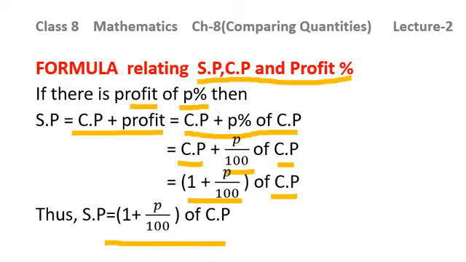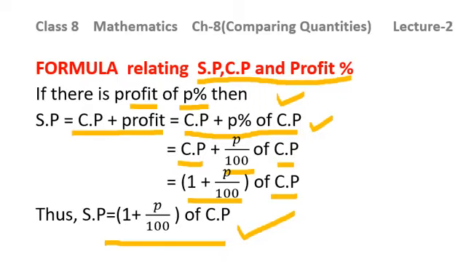Simple as this. So the first step is that I have taken profit as P percent, because in a general manner we need to deal with the formula. Then in the second step, putting the value of profit, that is P percent, as the percentage sign is given, you are supposed to write P over 100. P percent can be written as P over 100. Then 1 plus P over 100 into CP. Then SP is given by the formula SP is equal to 1 plus P over 100 into CP. This is the formula between profit percent, SP and CP.